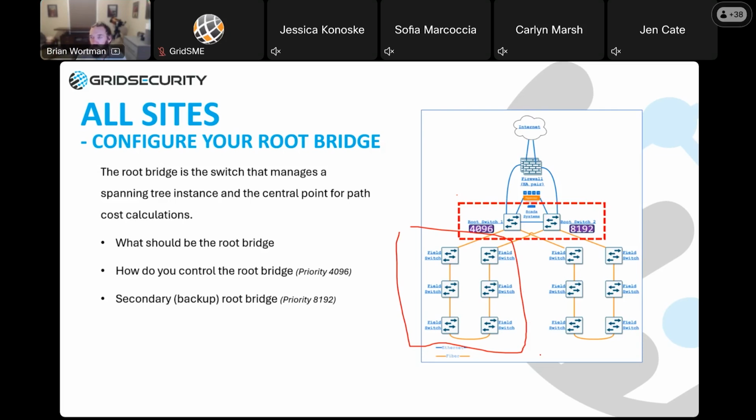And it's also the central point at which all the calculations are performed. That's why you want it to be centrally located. It's usually going to be the thing with the shortest number of network links to hop across to calculate, so you'll get better performance if it's somewhere centrally located, like your root switch.